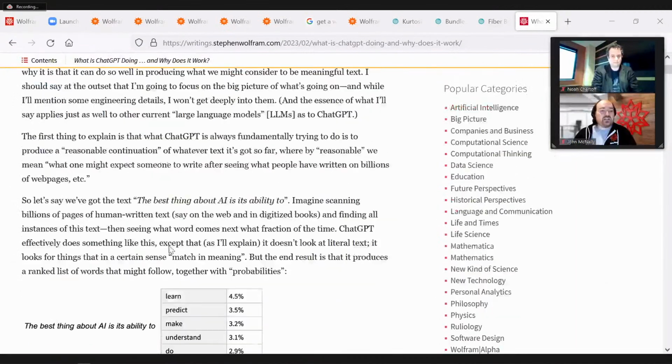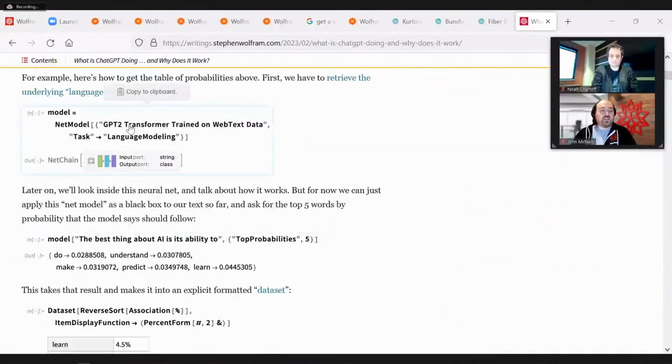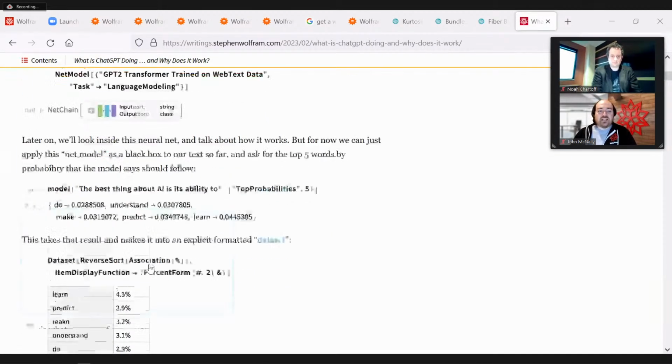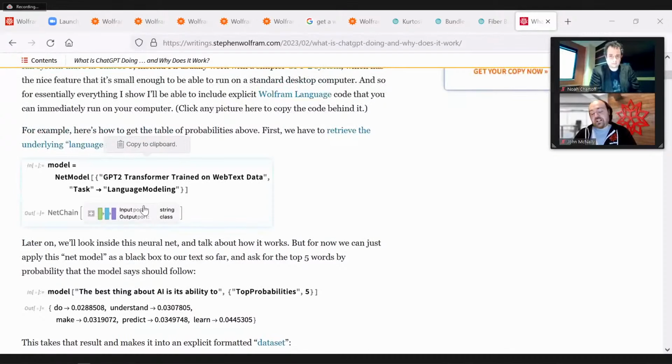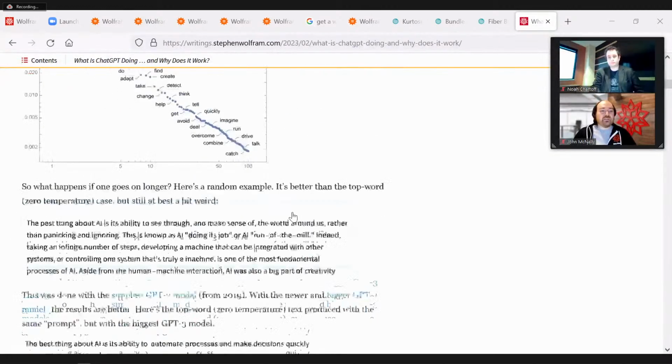This is a nice educational piece that talks about how one goes about constructing text out of these models, like GPT-2. I always prefix "chat" now because that's the way that everyone refers to the latest and greatest new transformer model. But my verbal slip aside, GPT-2 is something that you can actually play around with through the Wolfram Neural Net Repository. And so this blog post not only explains in general some of the things about how these work,